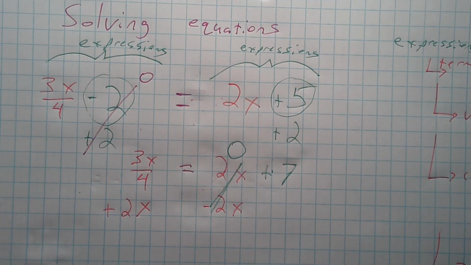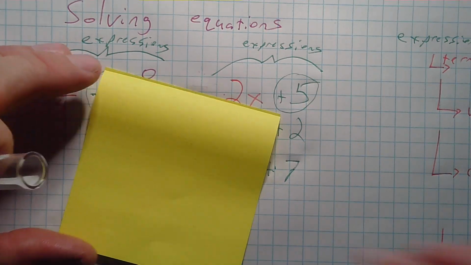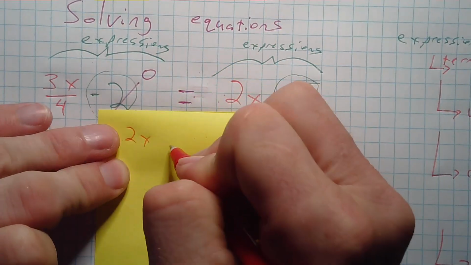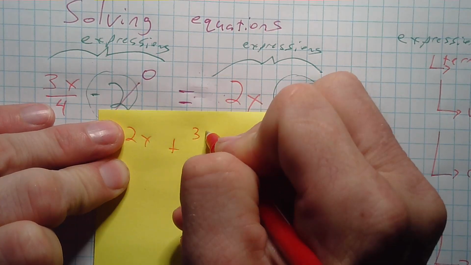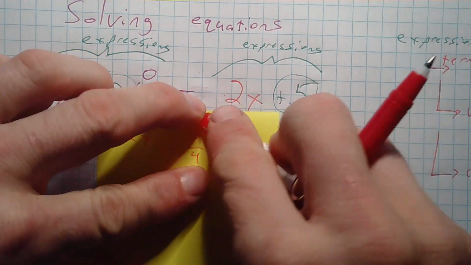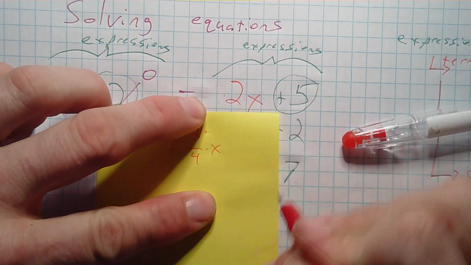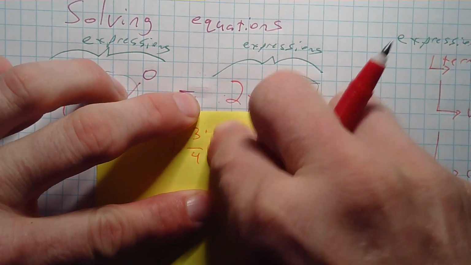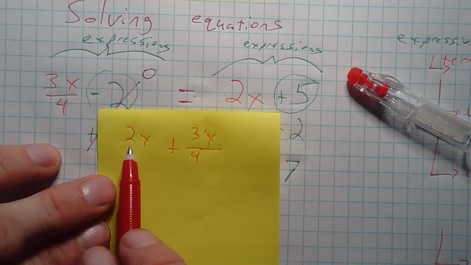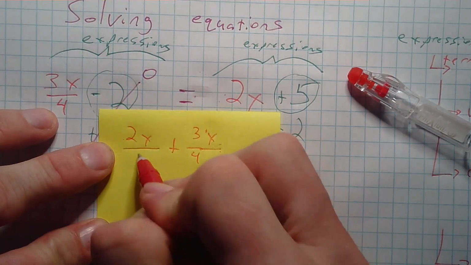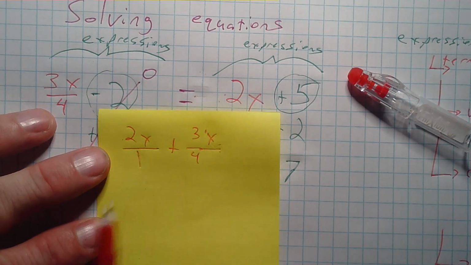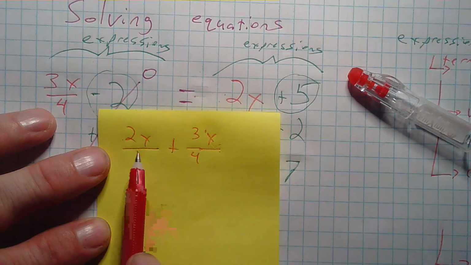Now how do I add 2x to 3/4 x? Let me pause this real quick. All right, so adding two things together. So I want to add 2x plus 3/4 x, also written as 3x over 4. So in order to add these fractions together, they have to have the same denominator. So how do I unsimplify